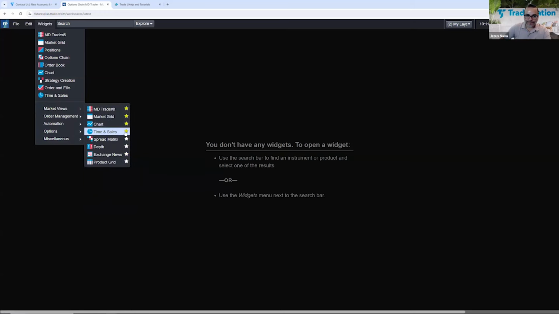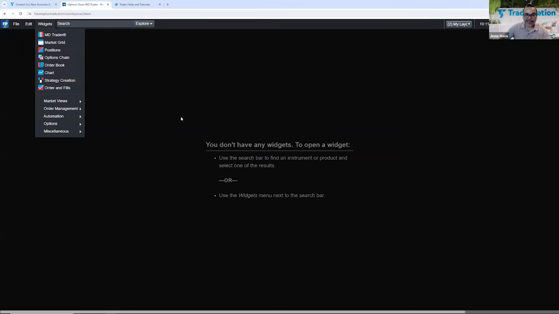Okay, so make that menu work for you by just starring the applications or widgets that you're going to use most of the time. As I said before, FuturesPlus is an application that was provided to you so that you can access options on futures. Even though you can access futures data here and you can technically trade futures as well,